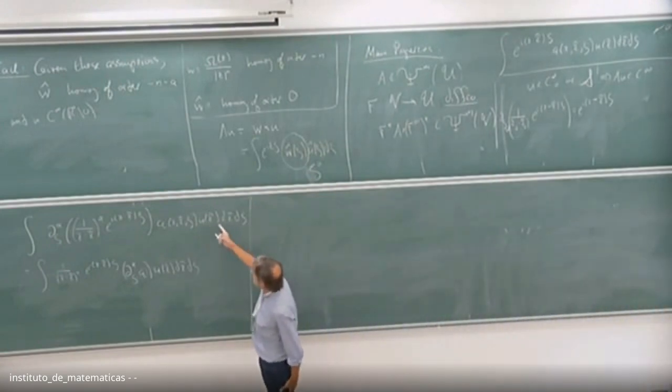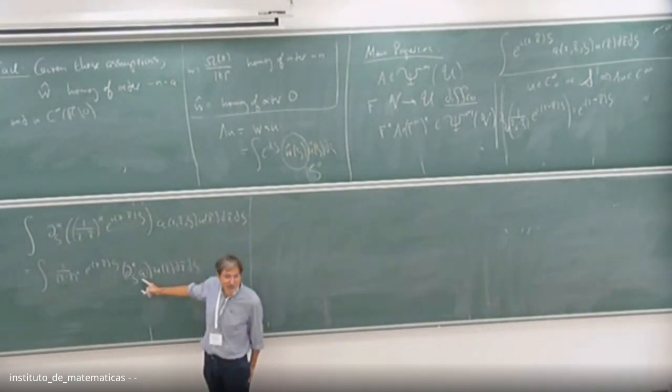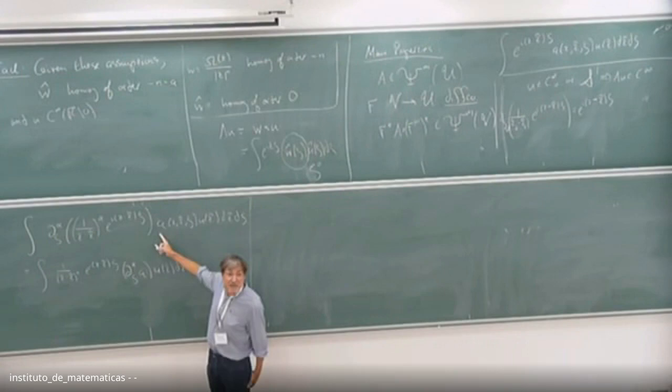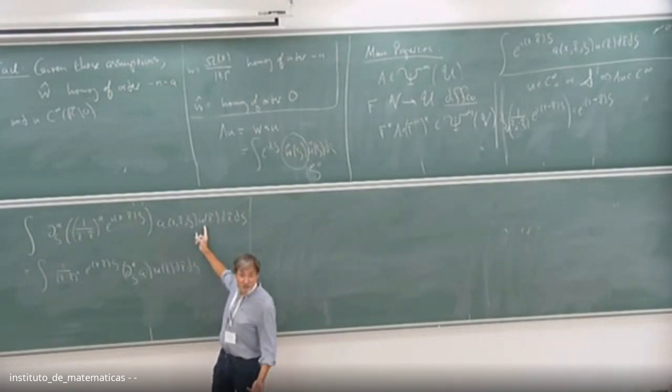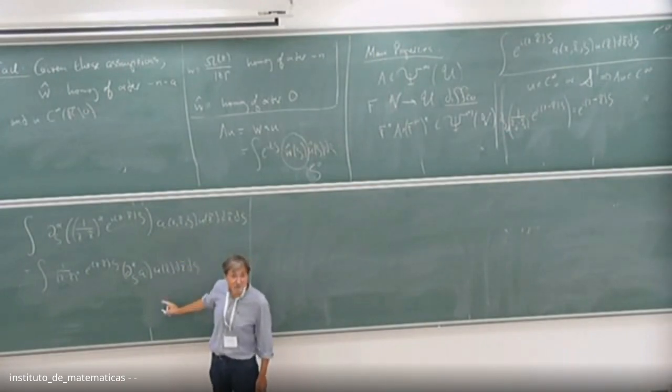So what do you need here? You need the integral in z tilde to be good. If A is compactly supported in z tilde, then that's not going to be a problem. So as long as U is locally L1, we're good, and then A can be a symbol of any order. So if U is locally in L1 and A is a symbol of any order, then this is a well-defined double integral.